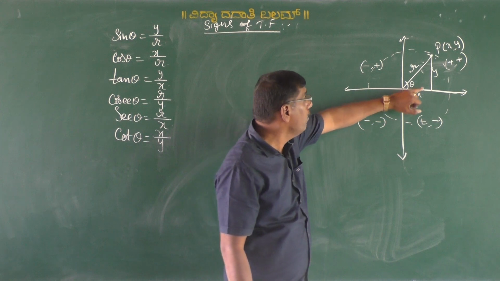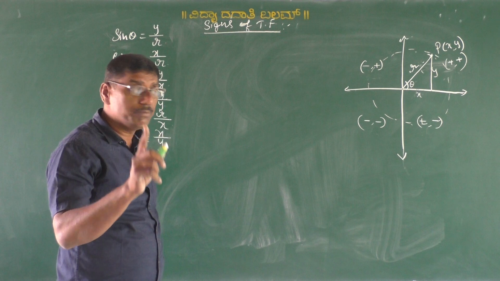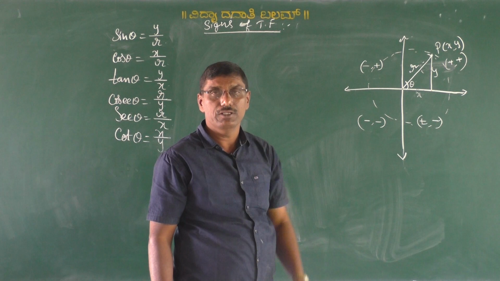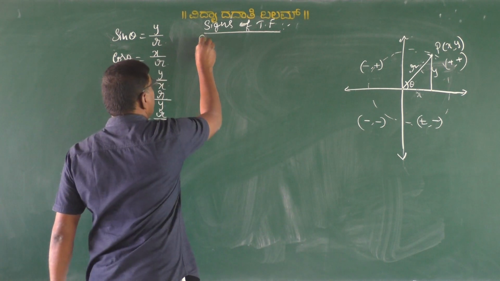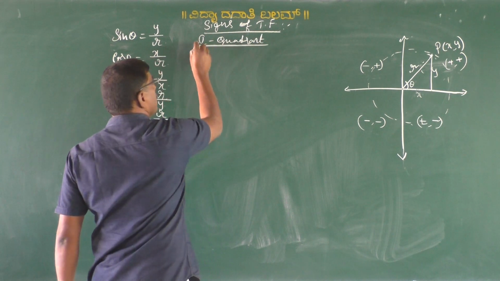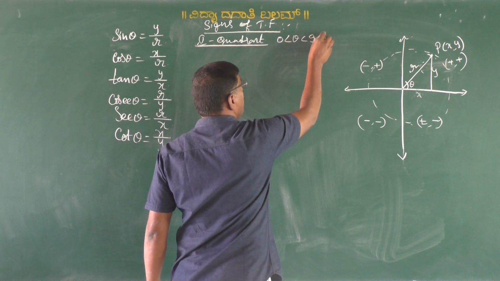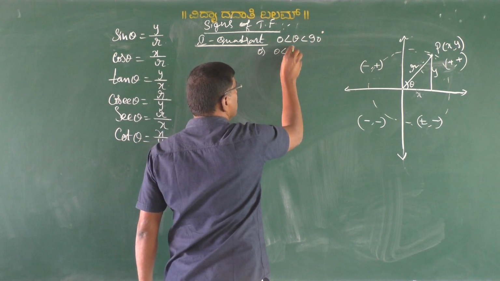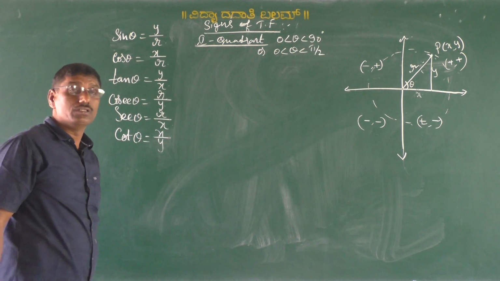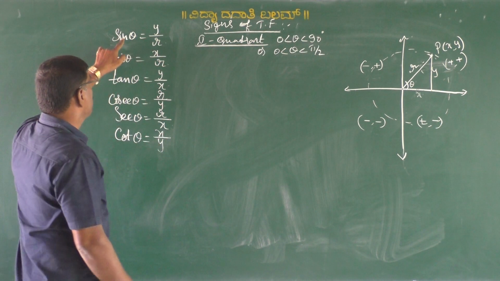That is, theta lies between 0 and 90, the first quadrant. 0 less than theta less than 90, or 0 less than theta less than pi by 2, my dear students. Under this condition, the signs of the 6 trigonometric ratios or functions are: